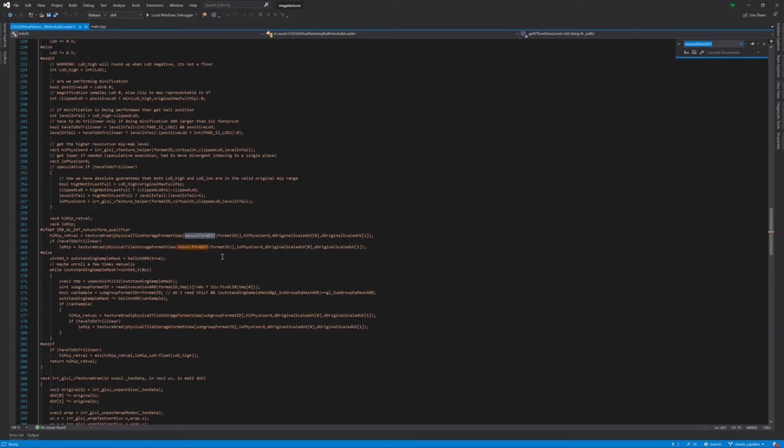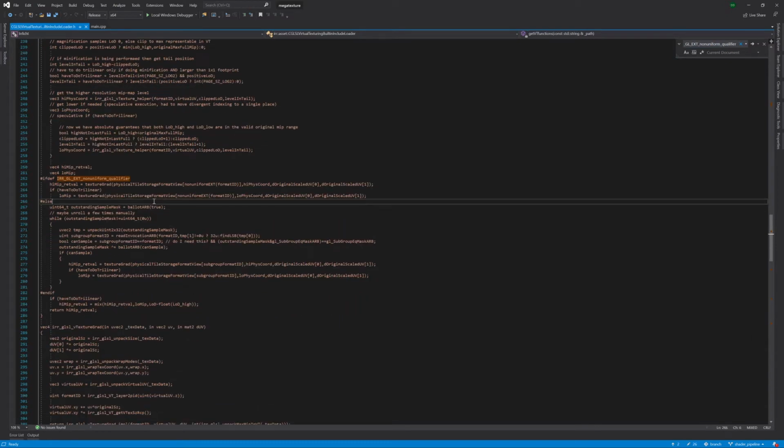But the problem is that on mobile, which doesn't have the descriptor indexing extension, it's also not going to have this non-uniform qualifier extension. So what we do here is we don't compile our shaders to SPIR-V straight away offline. We actually do it at runtime, because then we can inject some defines into them wherever certain extensions are available, like, for example, here. Right? So if the extension is not available, then we have to do this emulation, which is actually a little